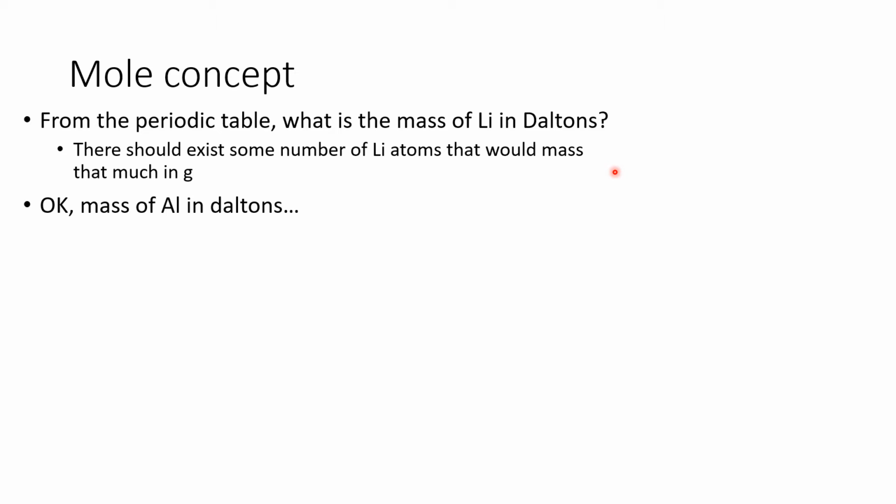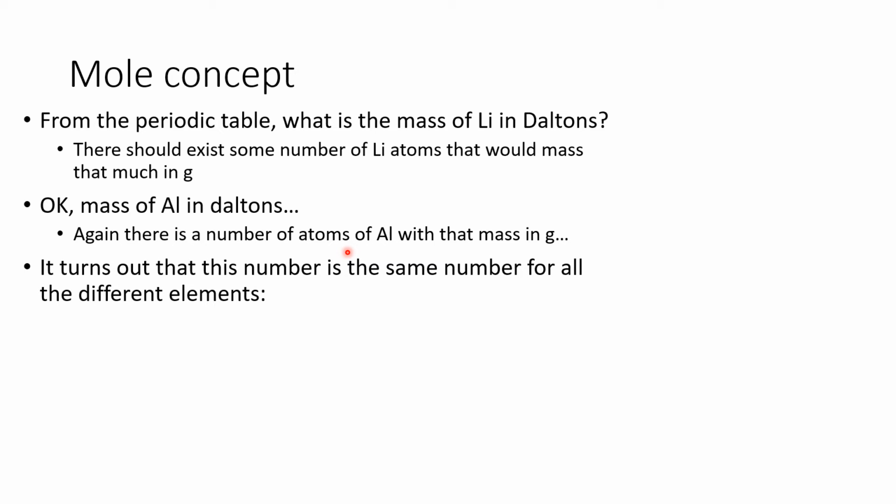But again, there should be some number of atoms of aluminum that, if you had them in a chunk, would be 26.98154 grams. Well, there is such a number, and it turns out that this number of lithium atoms that would give us that in grams and this number of aluminum atoms that would give us that in grams is the same